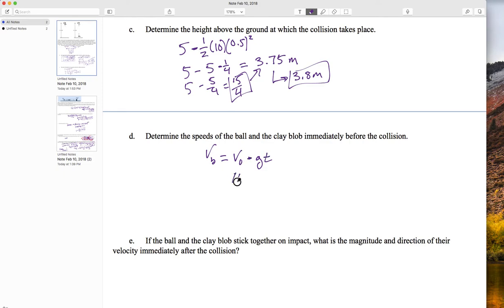Well, my initial speed is 10 minus g, which is 10, times 0.5. Well, this is 5, so the v of the ball is equal to 10 minus 5, which equals